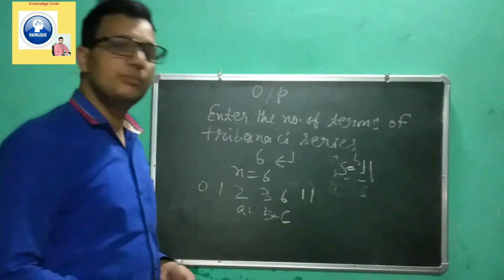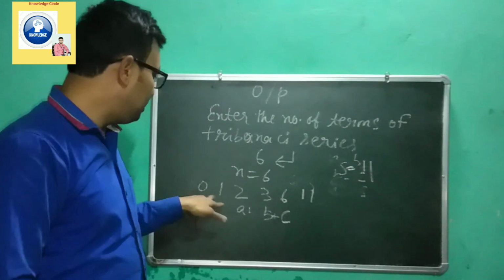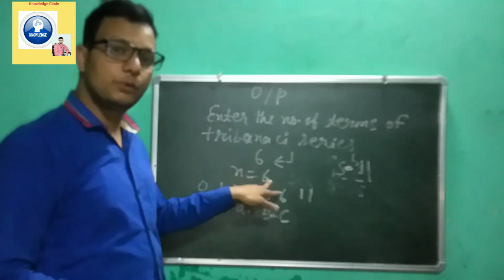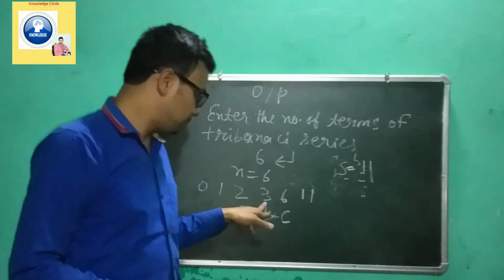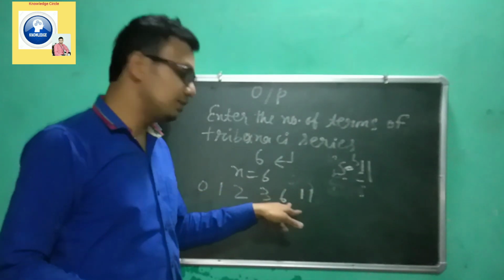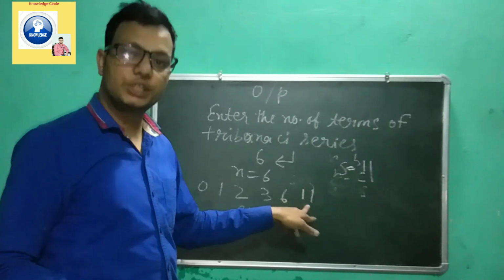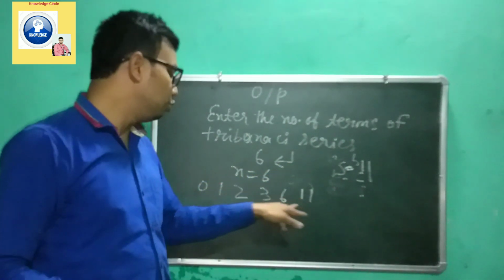So how many times we have printed, we have to check the condition also. As per the loop, these three values are already printed. What is the value of n? Maximum up to 6 it will go. So when it has gone to 4, this is printed. When it has gone to 5, this is printed, and when it has gone up to 6, this is printed. And when I increases with I++ and it gets 7, the loop terminates.